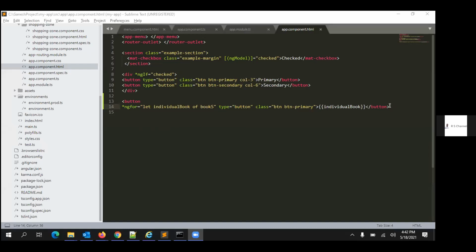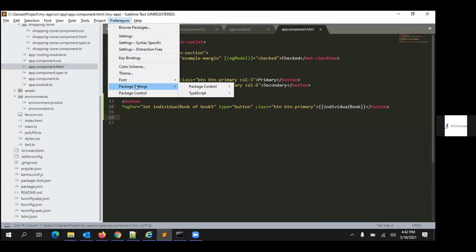Can you share your screen? Okay. Can you go to preferences? No, menu. See here. No, don't give star, just give ng for. It is not coming. Can you go to preferences?